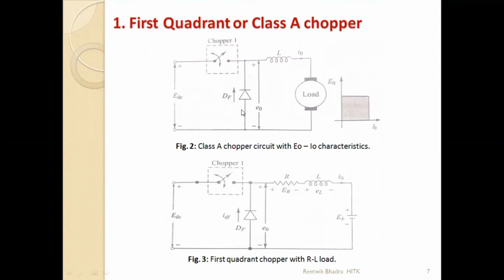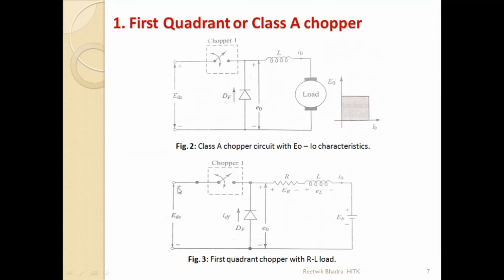So in your exam, if it is told to draw this figure 3 only, okay, no need to draw this figure 3, but you have to draw this quadrant of operation. We'll come to this quadrant, but you have to draw this second figure. Now if you look at this figure over here, it is nothing but your step down chopper.